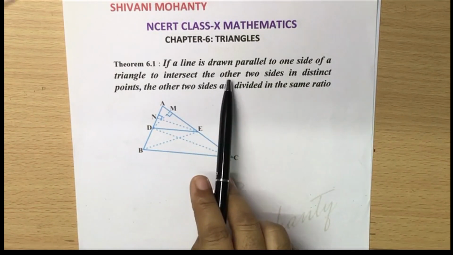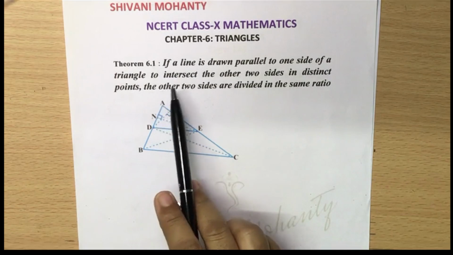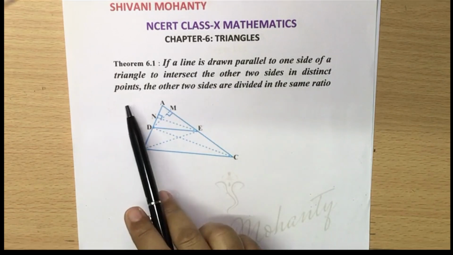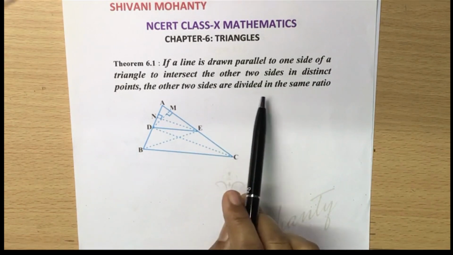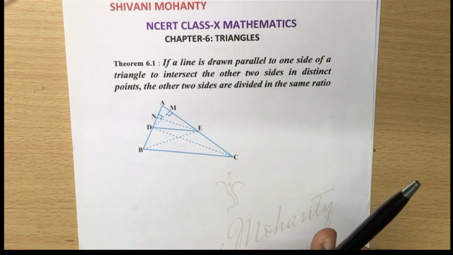If a line is drawn parallel to one side of a triangle to intersect the other two sides in distinct points, the other two sides are divided in the same ratio. Okay, so